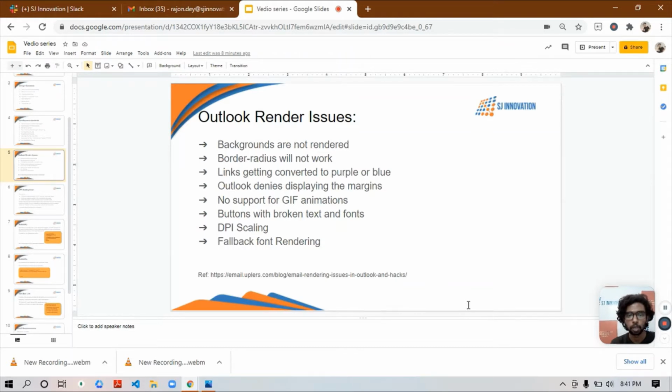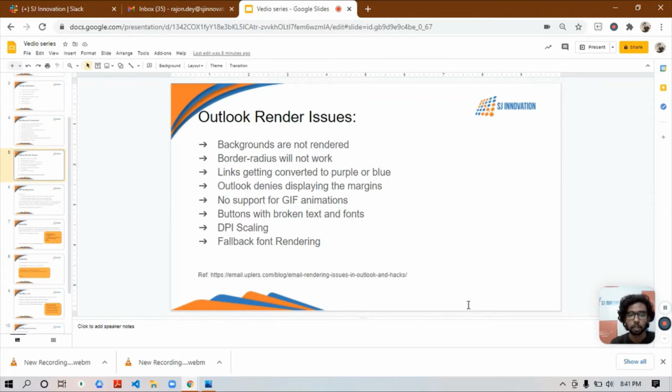So whenever you develop your email template with this kind of file, make a cover image so that at least your Outlook audience gets it. Gmail and other clients will get the GIF, but for Outlook specifically, make this cover image at least so that they can get the message you want to give them.